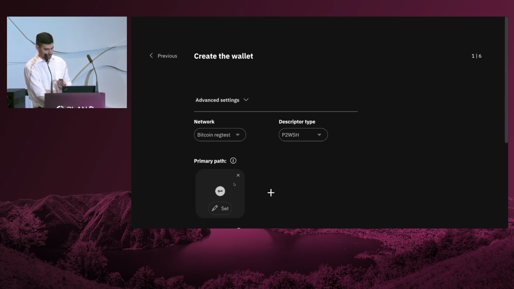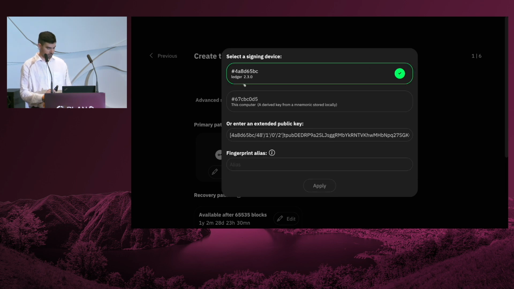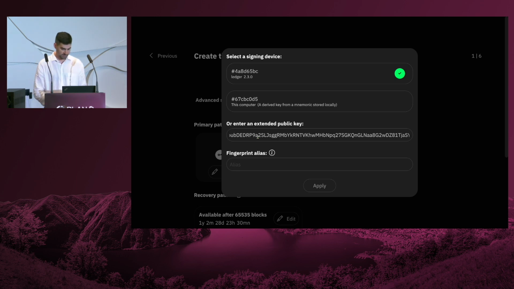So all we have to do is click here on set, and it should detect the device. Yes, it was detected. And if you click, it will interact with the Ledger and export its extended public key. So you should see it here. Yeah, this is the extended public key of the Ledger. I need to name it.